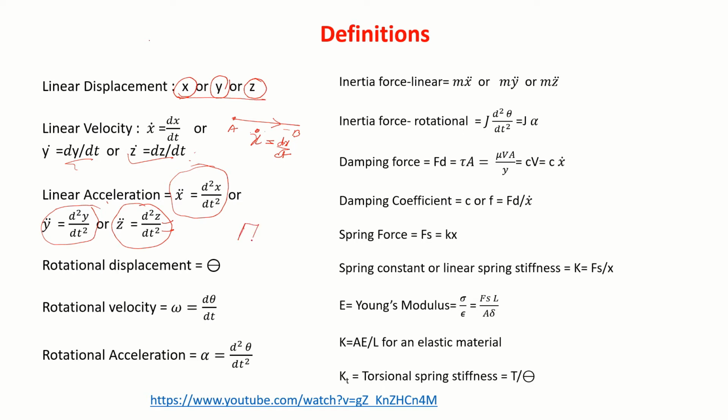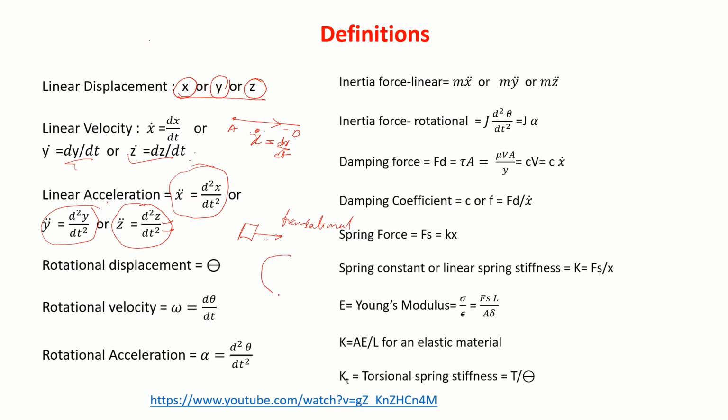A body is there, it is moving in this direction. So this is what you call a translational frame of reference, and those translations in x direction are represented by x, y, and z, depending on which direction it is going.